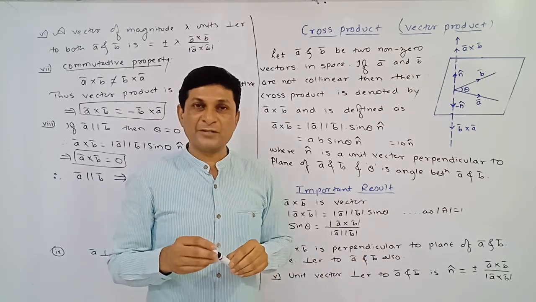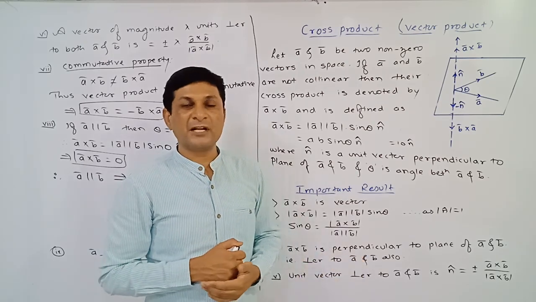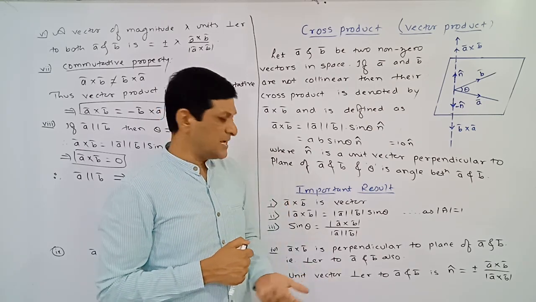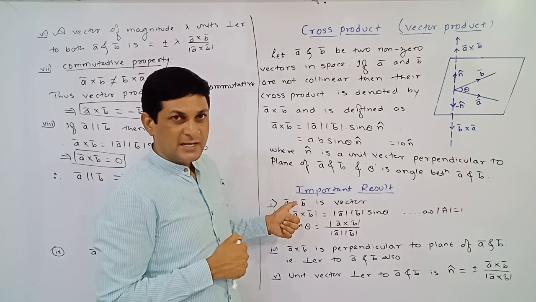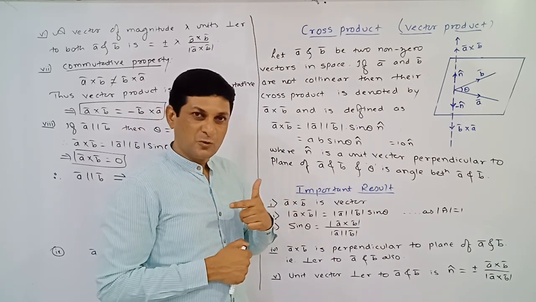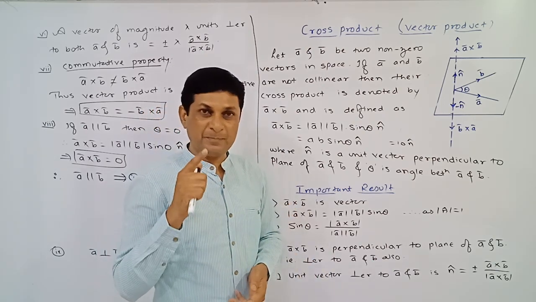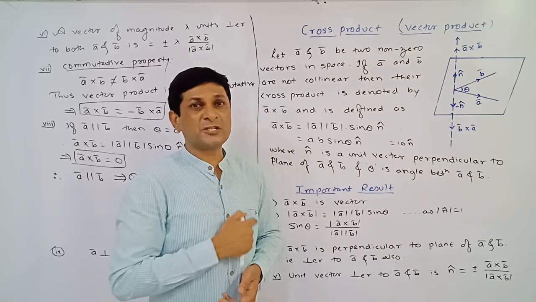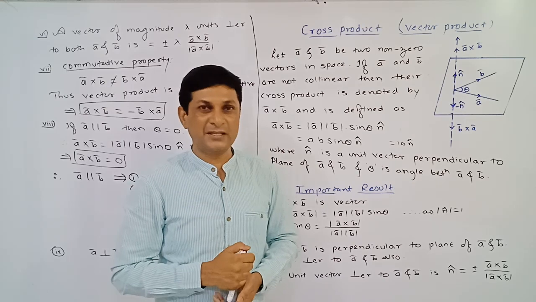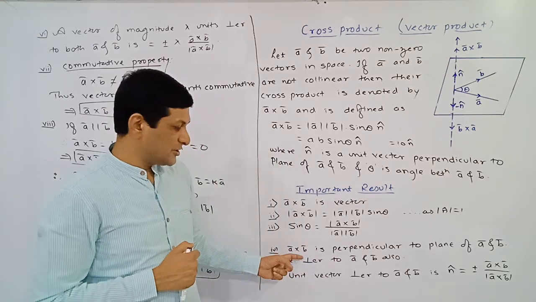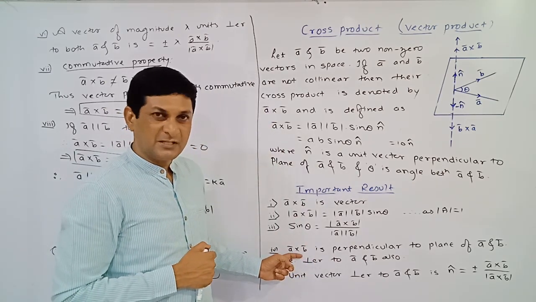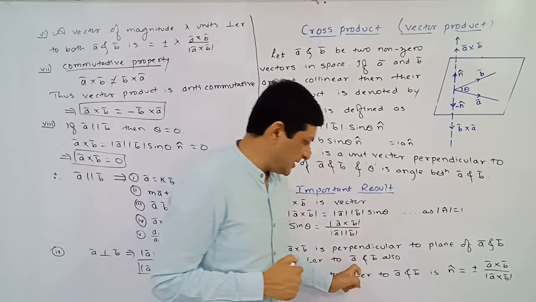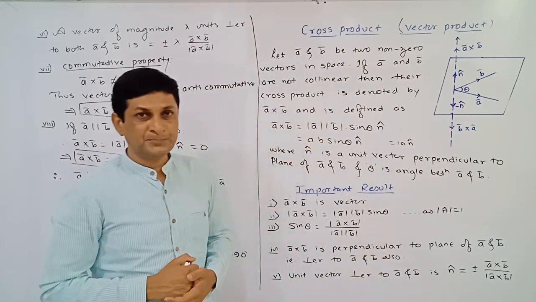Sometimes a question may be asked where two vectors are given and we are asked to find a vector perpendicular to the given two vectors. At that time, simply find their cross product. This new vector is perpendicular to the plane of a bar and b bar, meaning it is perpendicular to a bar also, and to b bar also, and to all the vectors lying in that plane. Well, hope the direction of a bar cross b bar is clear to you. It is a new vector which is perpendicular to a bar also and b bar also.